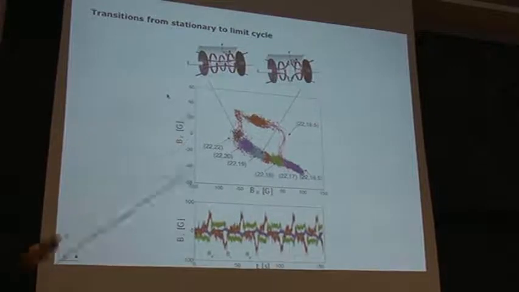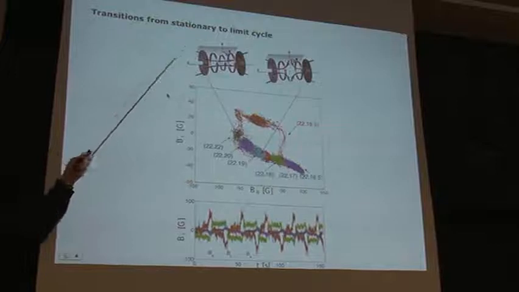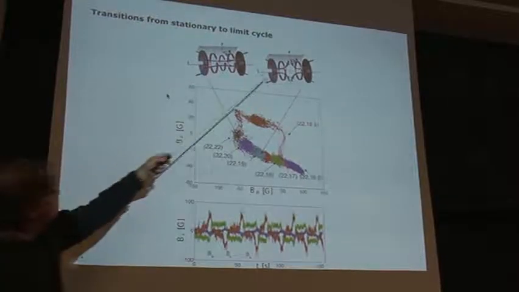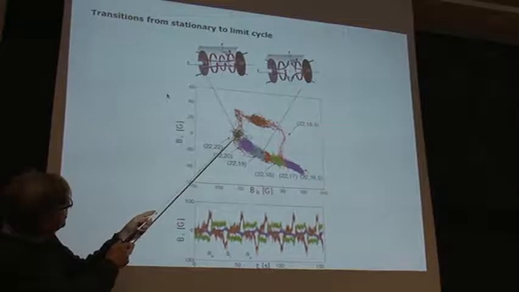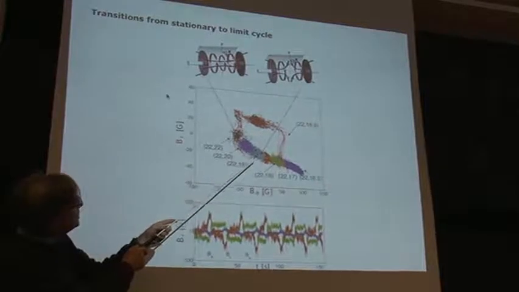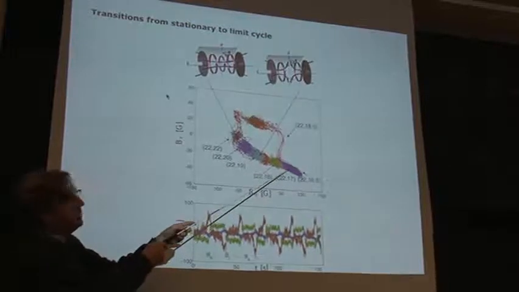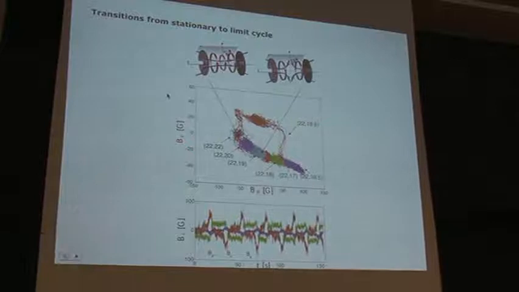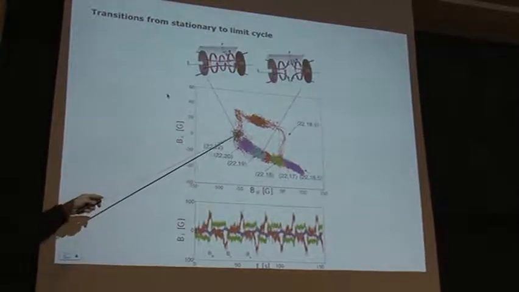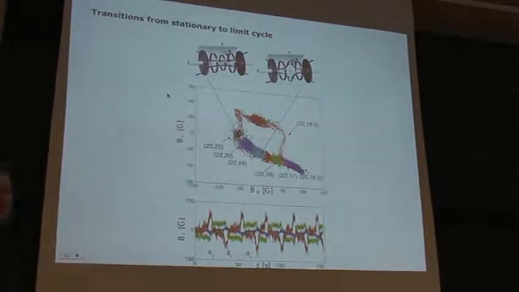So abusively, I'm going to call the point I start with a dipole. I've shown you plenty of evidence yesterday. I'm calling that one a quadrupole. All right, so I'm going from a dipole field to a quadrupole field, and then if I continue decreasing, up to a point I will hit a limit cycle. So I have a bifurcation where I move the stable fixed point in that parameter space until I hit a limit cycle.